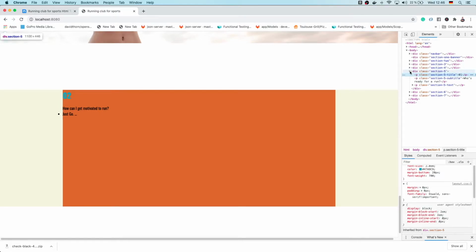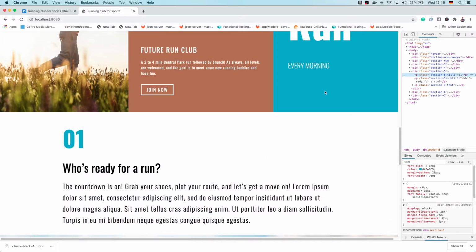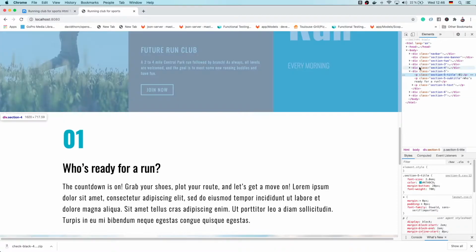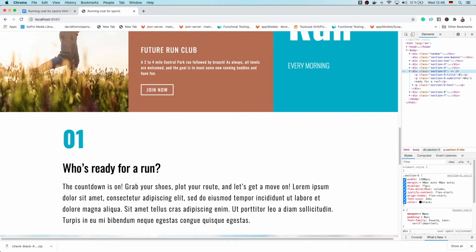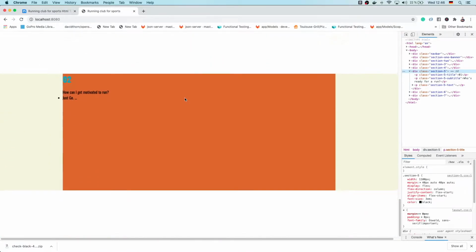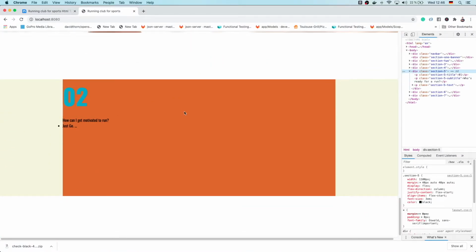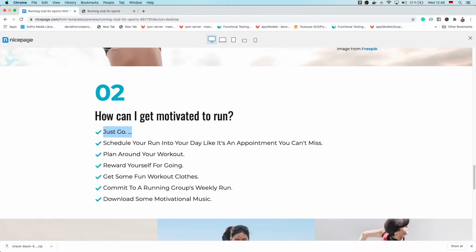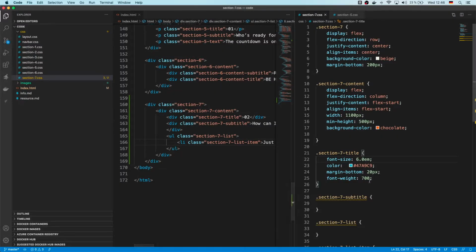That's not what we want. Wait a minute, section 5. Look, so it's 6. It's 6. There we go. That's better. All right. So now we want to have the text underneath, which I'm guessing is going to be,